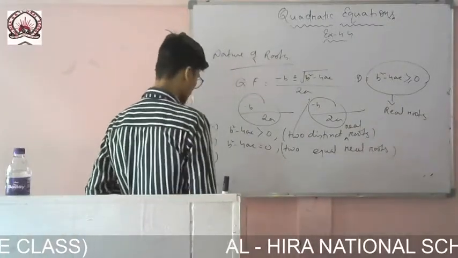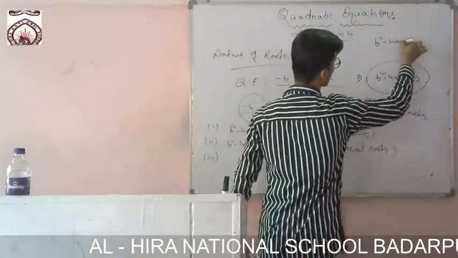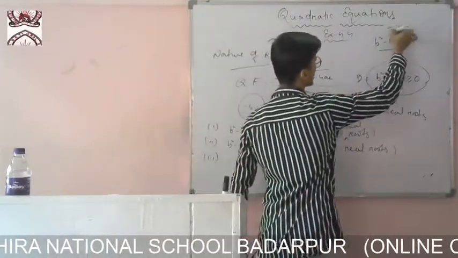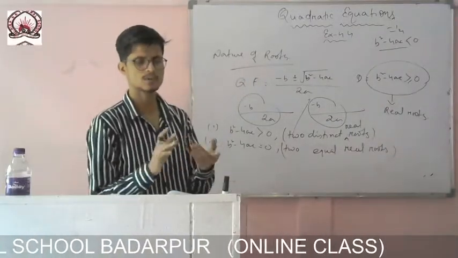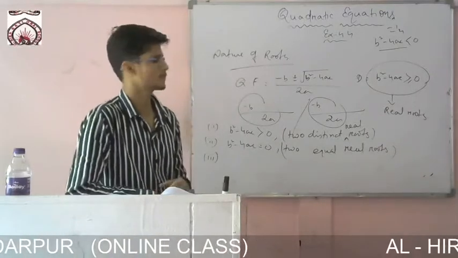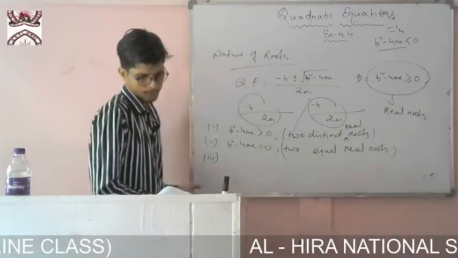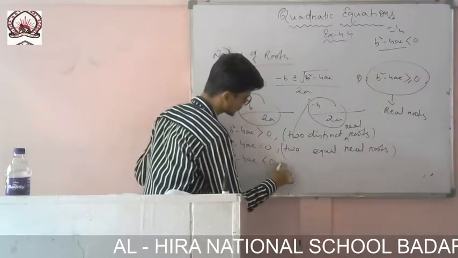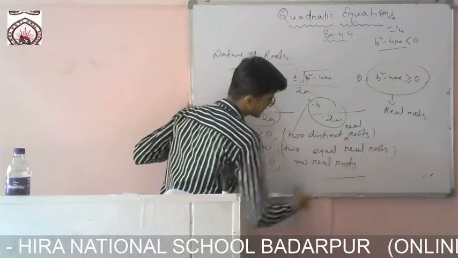The third one is what we have got sometimes in some answers, that b square minus 4ac is less than 0. The answer came like minus 1, minus 4. One example we have in exercise 1, where we said that factorization is not possible, if you could recall. Then it will have no real roots only if b square minus 4ac is less than 0.